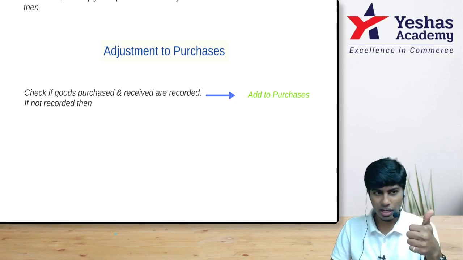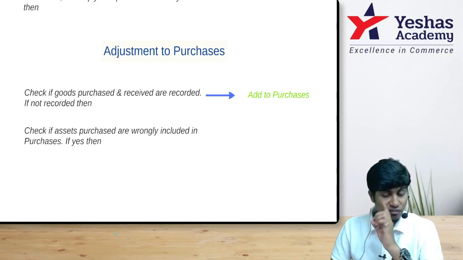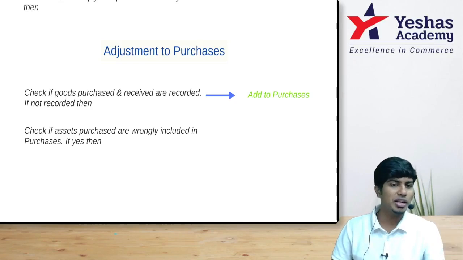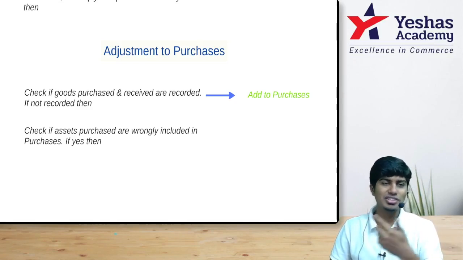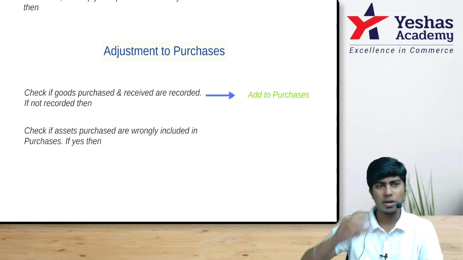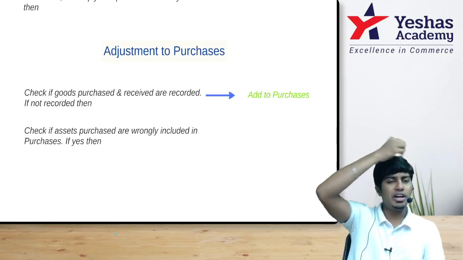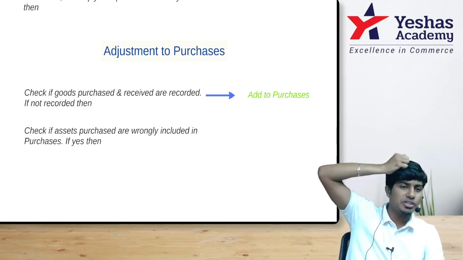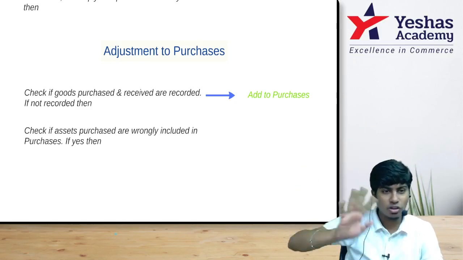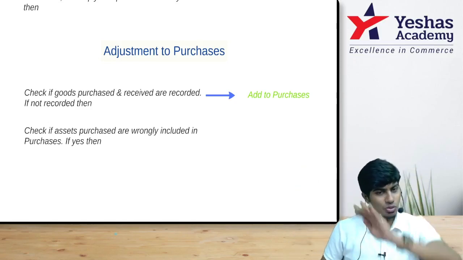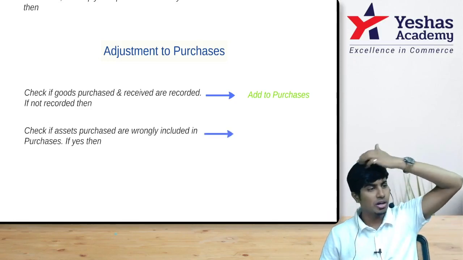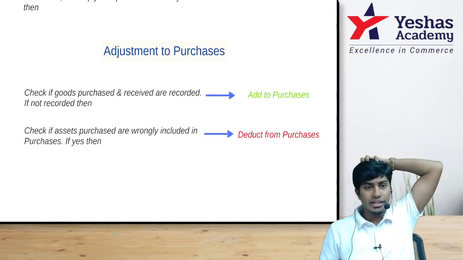You'd have to add. Then the next thing, if they purchased some asset, furniture, plant and machinery, land, and by mistake they've recorded it in purchases, then we should adjust this. Sir, this is rectification of errors, principal error. Yeah, they will do it here also. They will tell purchases 10 lakh, and later in the adjustment they'll tell furniture purchased for rupees 50,000 was wrongly included in purchases. Will you get insurance claim on that? Different insurance claim. Loss of stock insurance policy, it's not covered. So we should eliminate the same. Are you getting it? So if assets purchased are wrongly included in purchases, then eliminate, deduct it from purchases.